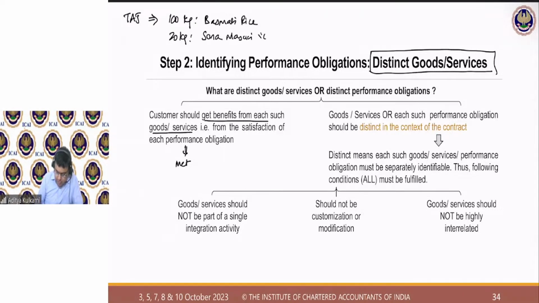Sona Masuri is the normal rice which is not served to customers, which is what you and I normally consume on a regular basis. We cannot have basmati rice on a day-to-day basis. So Sona Masuri rice is the normal rice which is given to employees. The employees of Taj come to the hotel. So staff food is separate, customer food is separate. That I hope everybody knows. So for the employees, Sona Masuri rice is given, and for the customers, basmati rice is given.